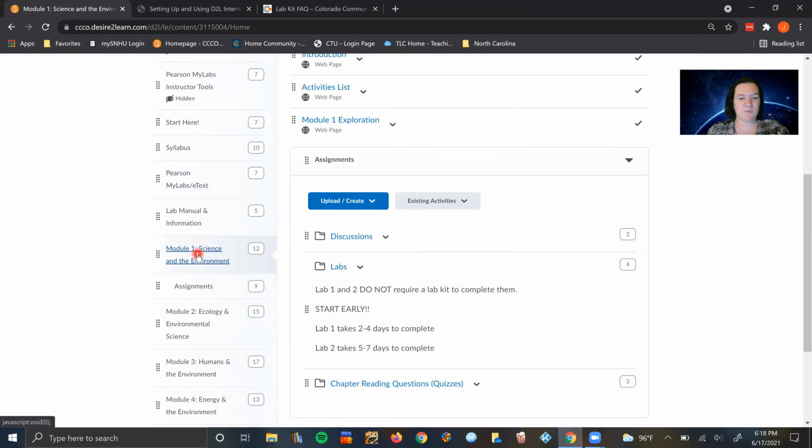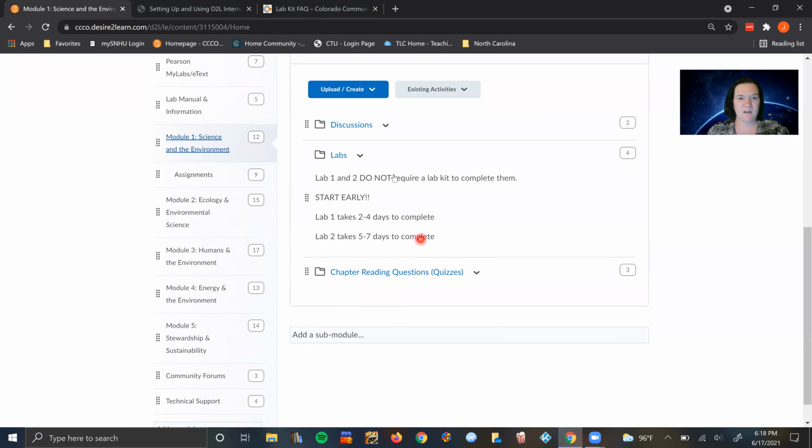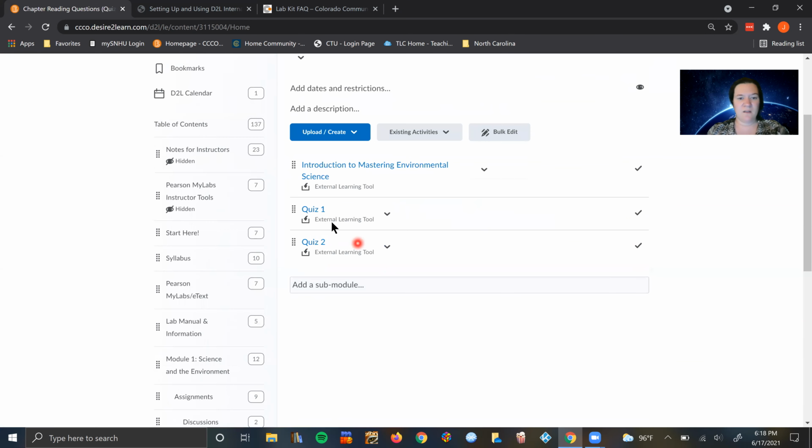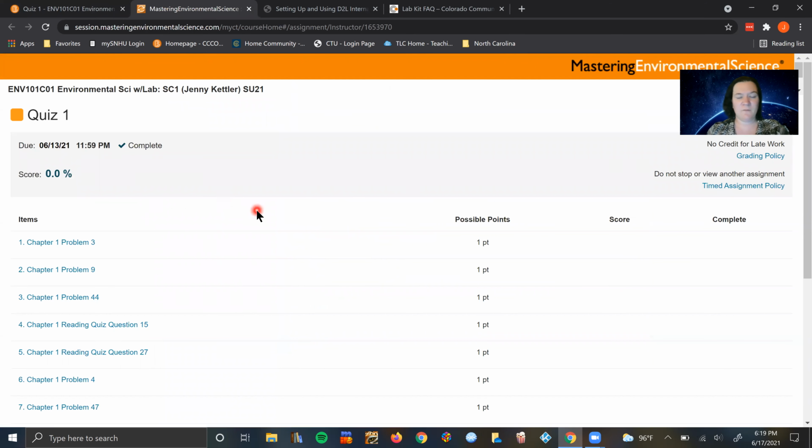So you would go into module 1 and you would look on the right-hand side. You have discussions, labs, and chapter reading questions or quizzes. You would click on that, and then there's your quizzes. And so let's say you want to take quiz 1. I highly recommend that you take the quizzes right after you finish the reading so that the information is fresh